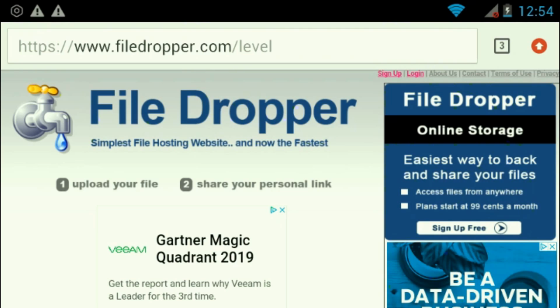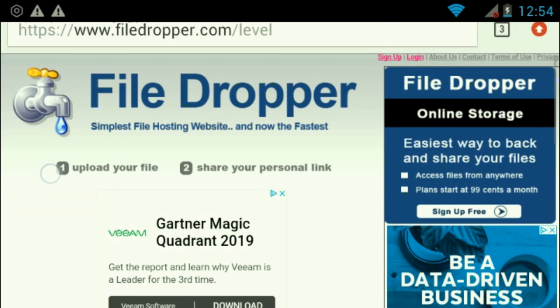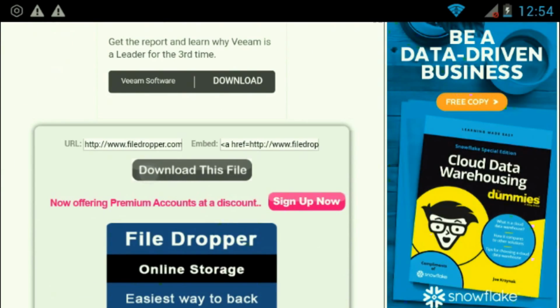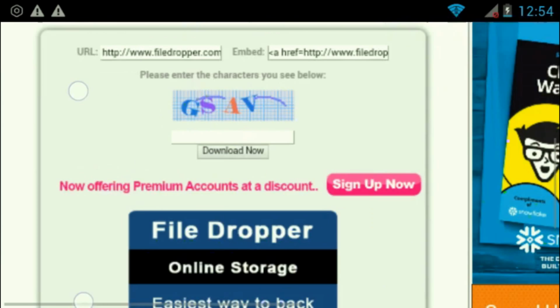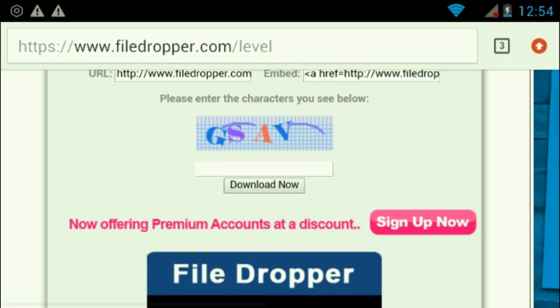Okay, so now what you want to do is go to FileDropper and the file name that you've uploaded. Then simply press download this file. It'll ask you to put in a CAPTCHA, so just solve that.